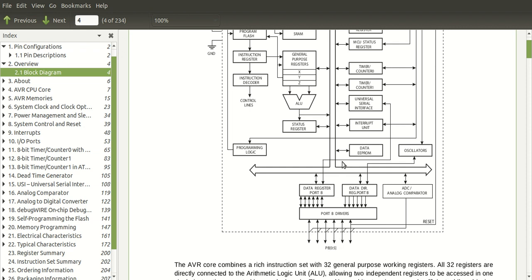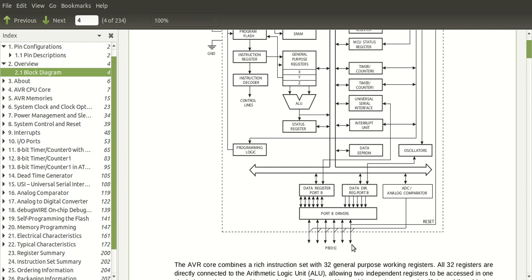And if you want to read or write from the ports, for example, you want to write data to a port, your microprocessor will write the data to this 8-bit data bus, and then it will go to the port B data register, and from there it will be transferred to the port B pins.